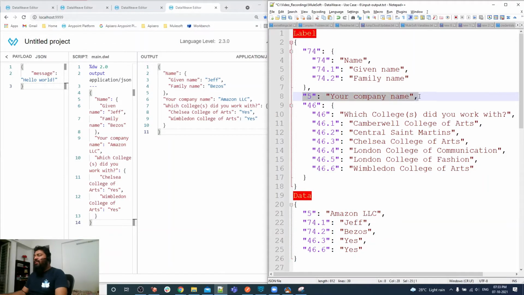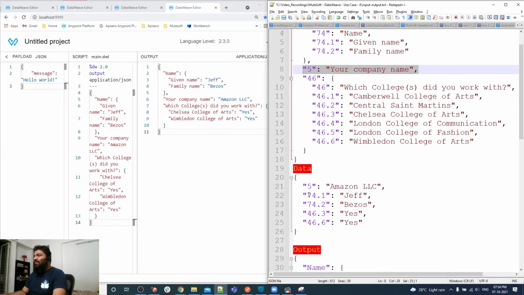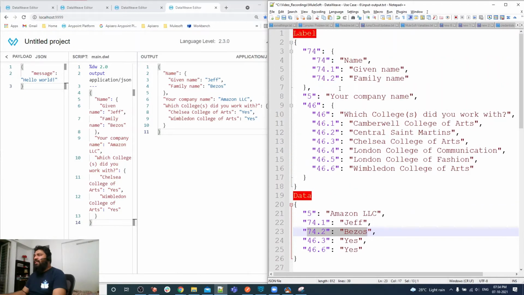So this label number and label value come into the final output. We have identified that this label is matching with the input label. 74.1 is also matching, 70.2 also matching, 76.3 is also matching. Whatever is not matching, we will only replace by the label name.